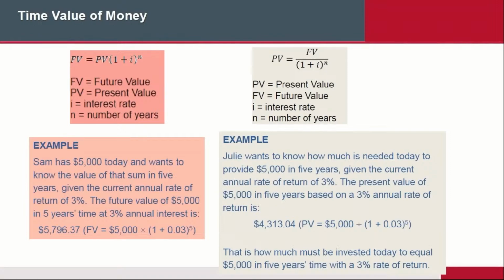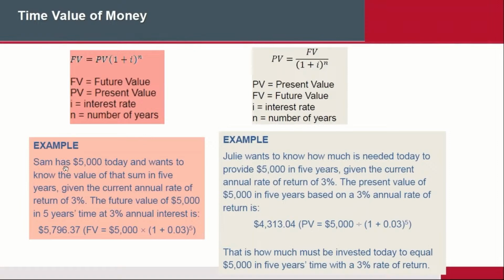So having said all that, you have two formulas. The first formula, which is on the pink side here, is future value. In other words, how much am I going to get at the other end if I gave you a certain amount of money? So we're looking for future value. The present value is the amount of money that you're going to invest today. That's why they say it's present value. I, of course, is the interest rate, and N is the number of years. So you look at the example.